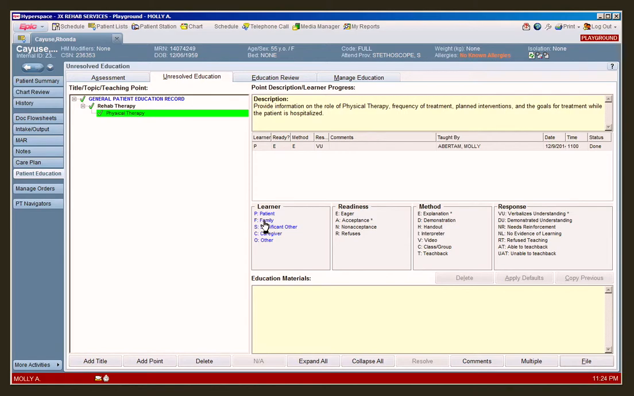Again, you can also pick family if you did other education pieces with other members other than the patient itself. You again will go through the same 4 items as far as learner, readiness, method, and response. Okay? And that is the